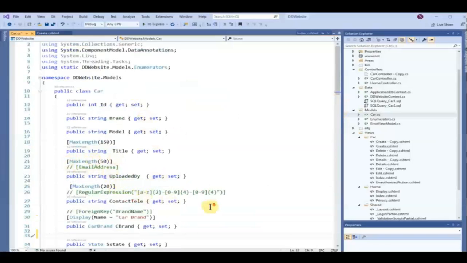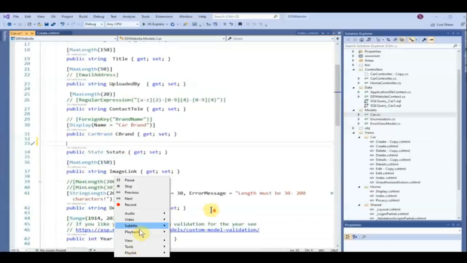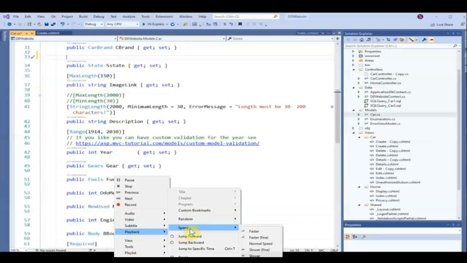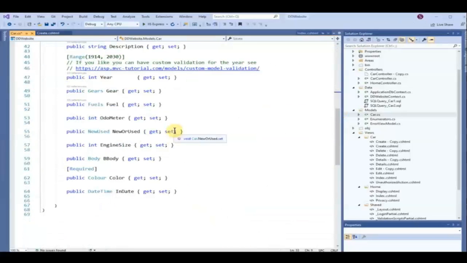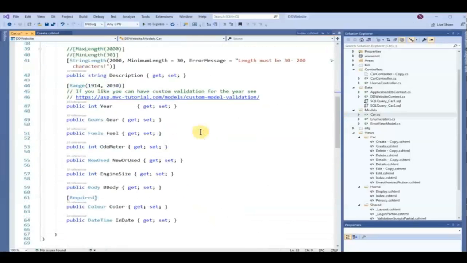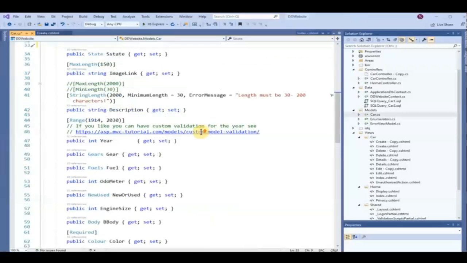Okay, I have not done that one, and also we can have the annotations working correctly because